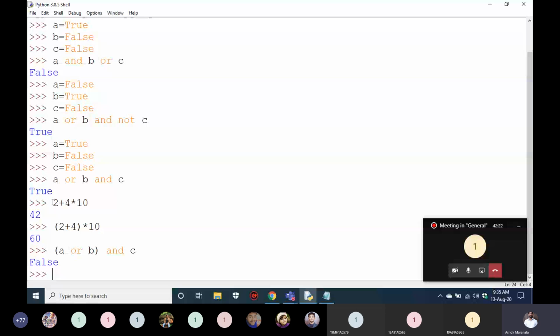If you don't mention brackets, if you don't tell anything, first it will execute AND and then it will go to OR. If you give a special priority, then it will execute that operation first and then go to the second. This is how AND and OR work. Everyone please execute all this with your own hands, because we use AND and OR conditions every time.